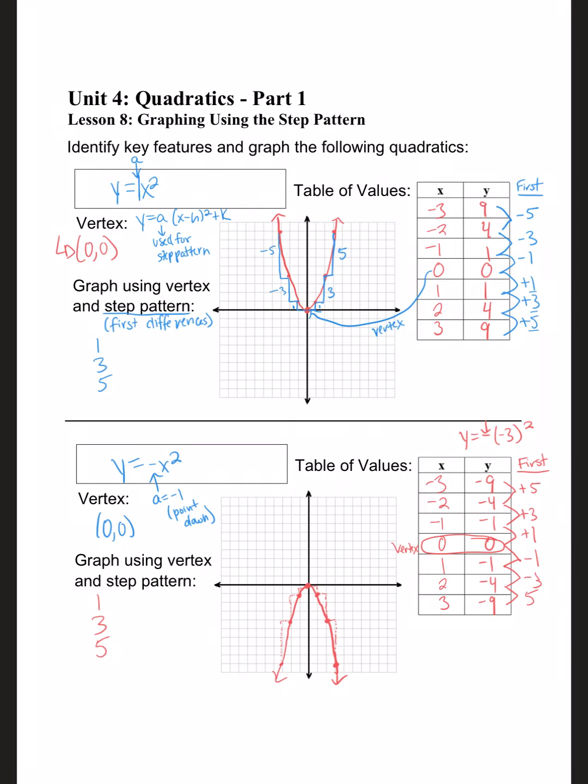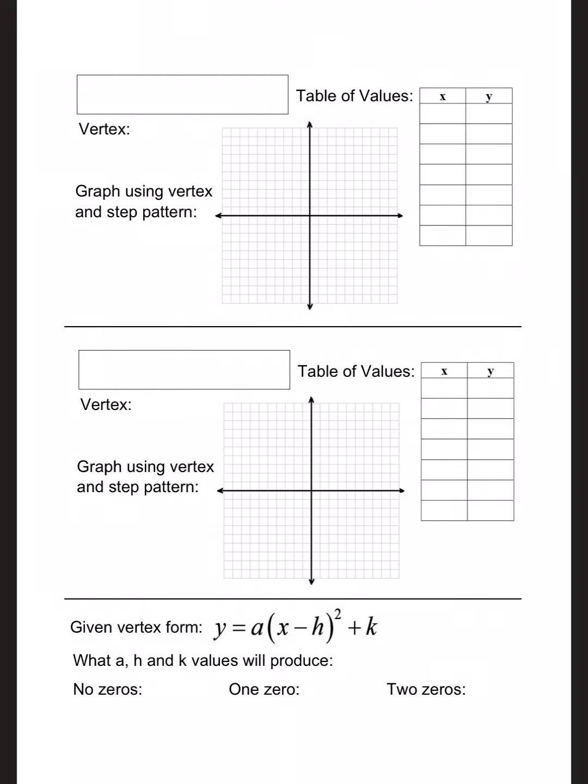Okay, we're going to start talking about in the next examples, how can we find our step pattern using that a value? So we don't always have to put it into our table of values and plot it that way to find our step pattern. So this time, we're going to look at our a value and see if we can graph just from that. Okay, so our next example here,